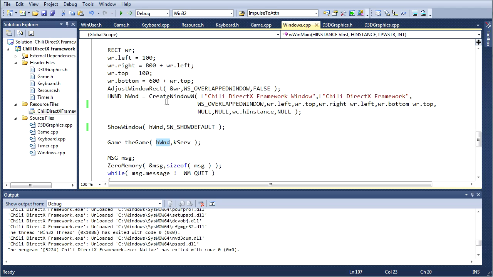I think I've explained this before, but a handle is kind of like a pointer, but it's not a real pointer. It doesn't point to somewhere in memory. It's just like a name that the computer uses to refer to something. It's kind of like the name of a window. So we have to pass it the handle to our current window, because